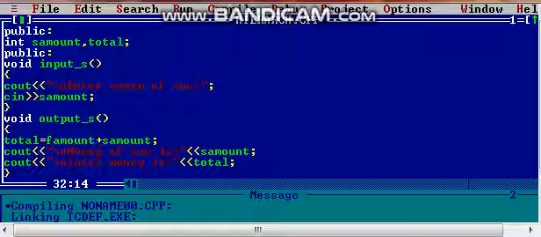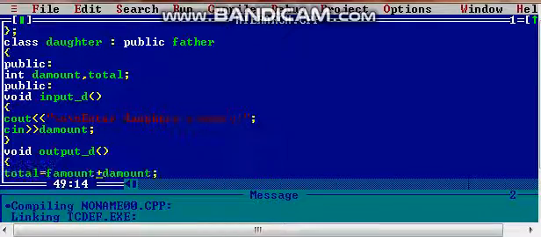Then cout money of son, which is in s_amount, and cout total money, which is in the total variable. S_amount means son's money, and total means f_amount plus s_amount.